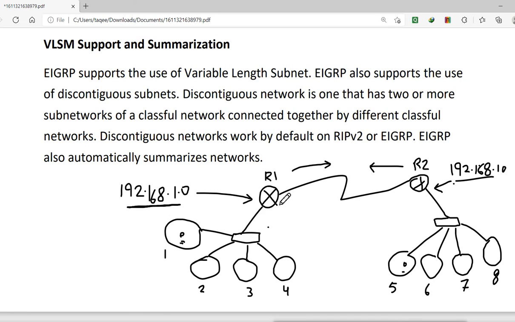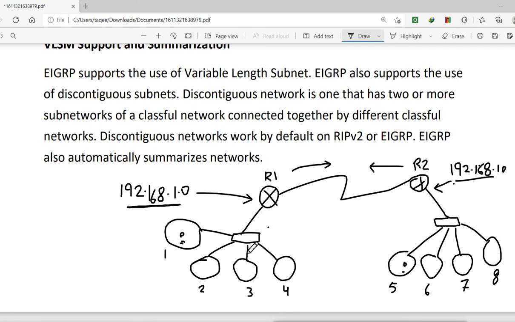It will not affect the routing of these 2 routers. They will not forward the information that this network has come up and this network is down, because they have said that they have the whole network. So if we lose 1 or 2 subnets that keep coming and going, that will not trigger updates between these 2 routers.